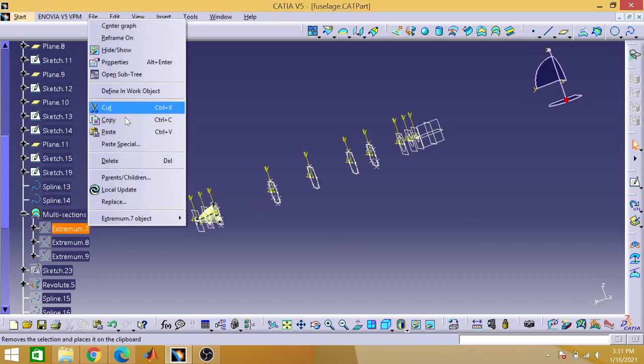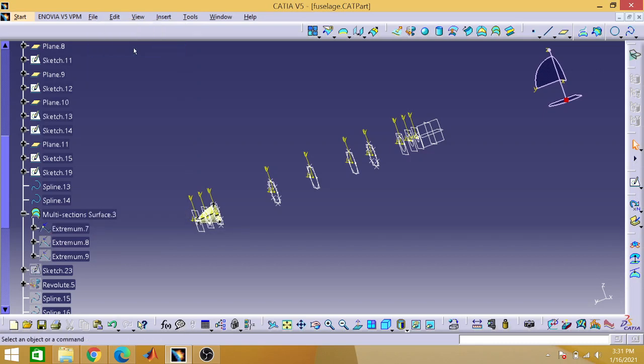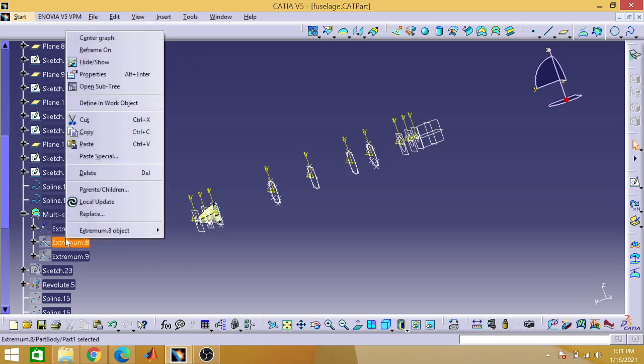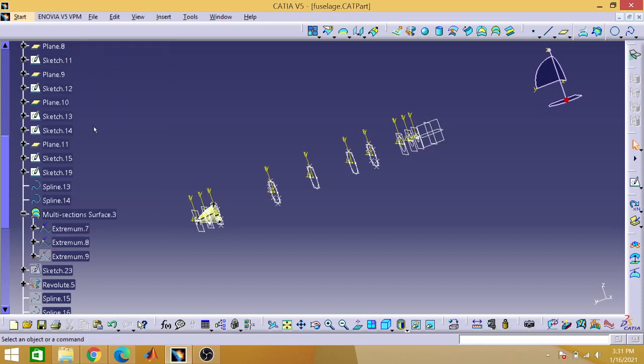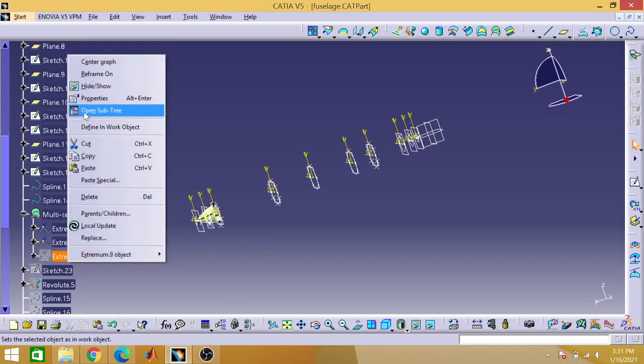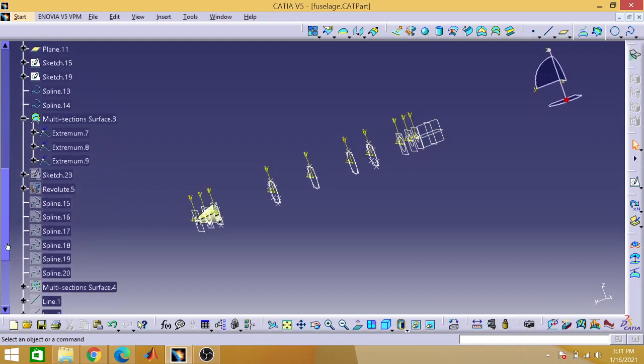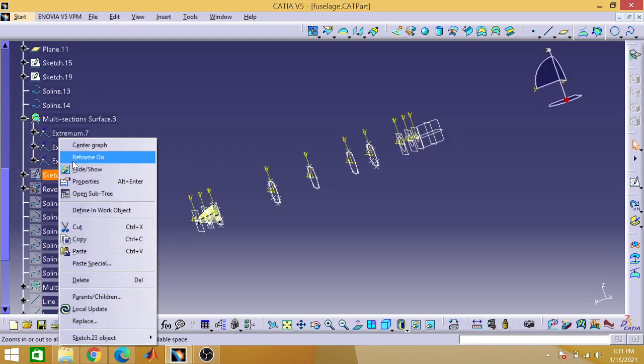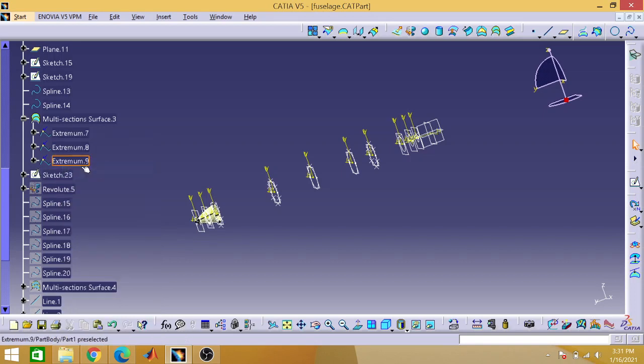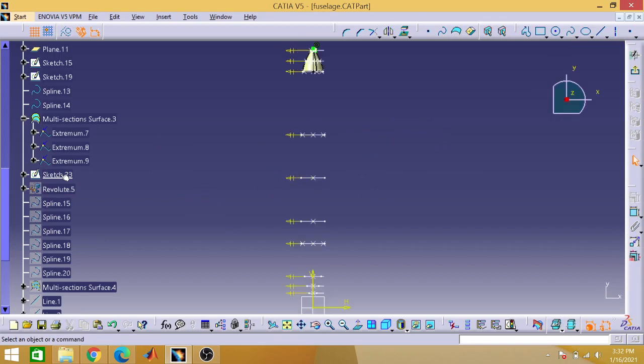Okay, then we are going to work for, these are just its own characteristics, extremum. So our work is not with that. This will be automatically generated, I think so. Then we have another sketch. Which is that sketch? Let's see. We can have